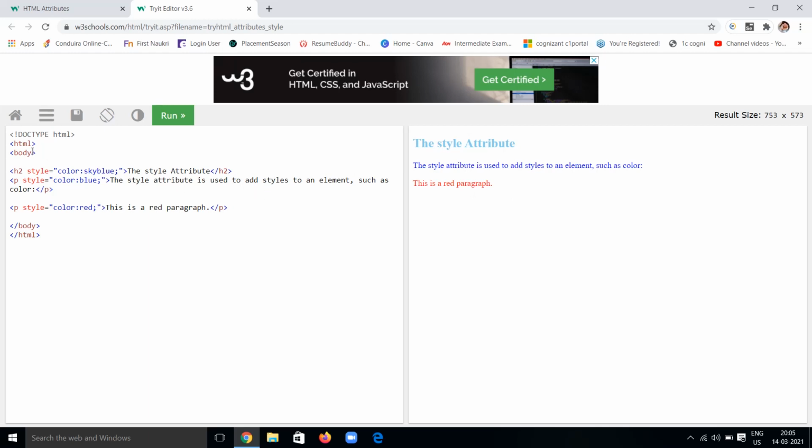And we can style the entire body also, like style is equal to color. What color do I have to give? I will give red for the entire body here. Let's see. This is the starting tag of the body, in which we have to give the styling. What wrong have I done? Yes, I have done it here. Style is equal to, yes, very good.